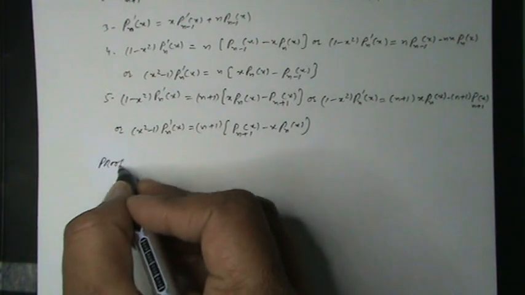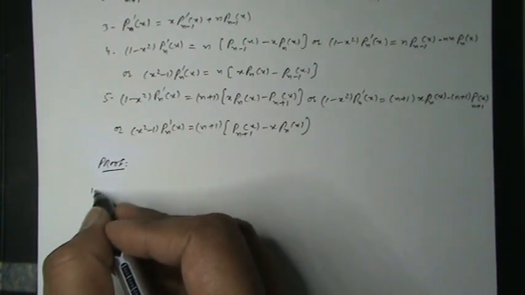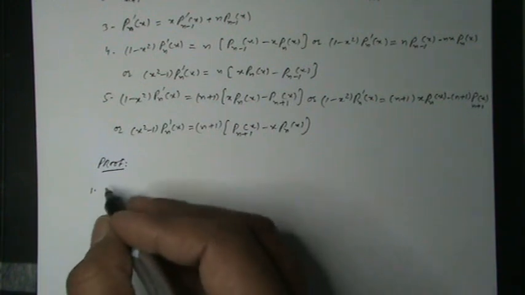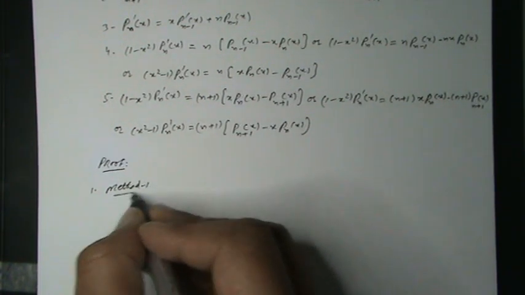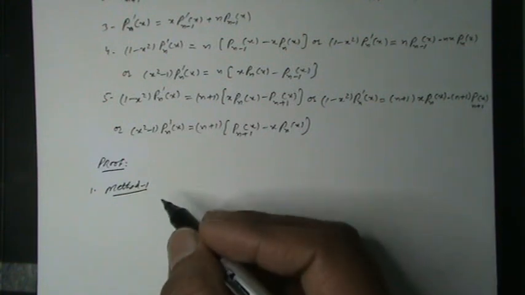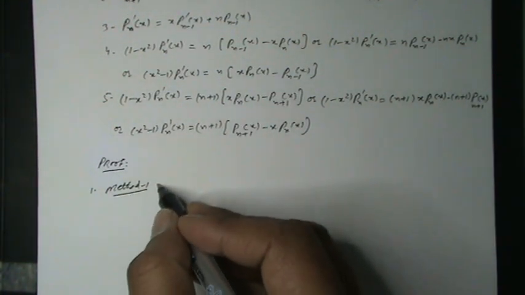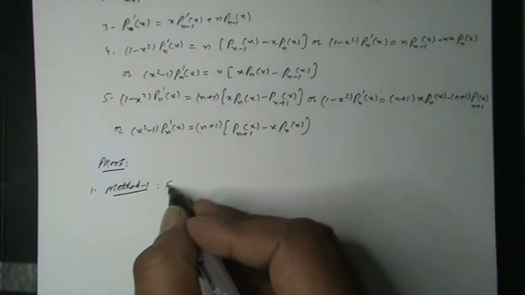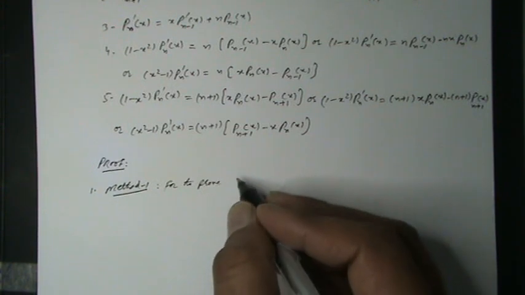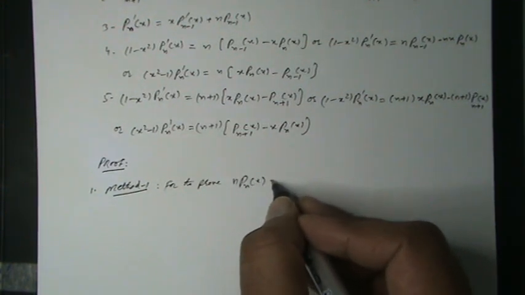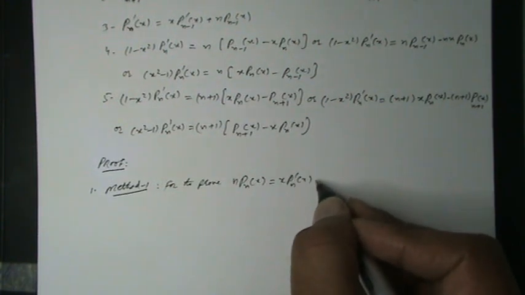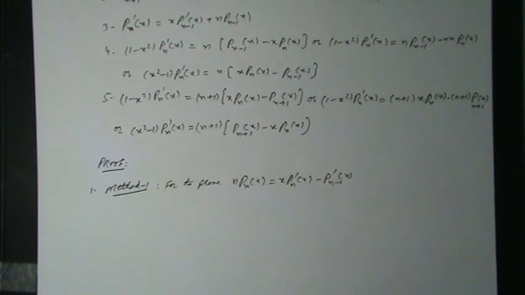Proof number 1. Method 1. By using the generating function, to prove nPn(x) is equal to xPn'(x) minus Pn-1'(x),